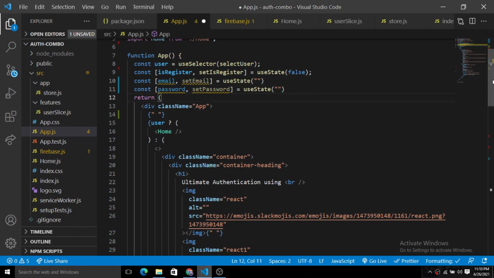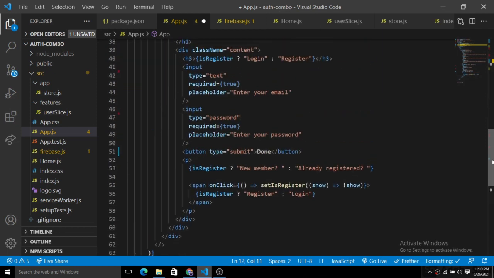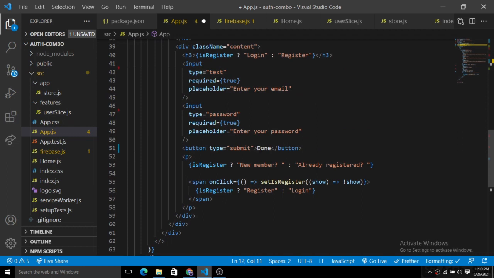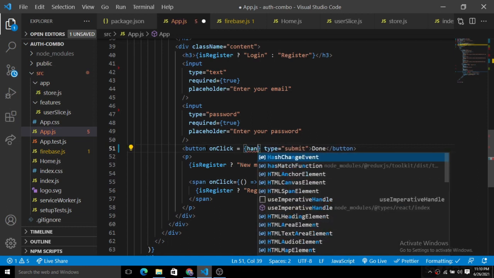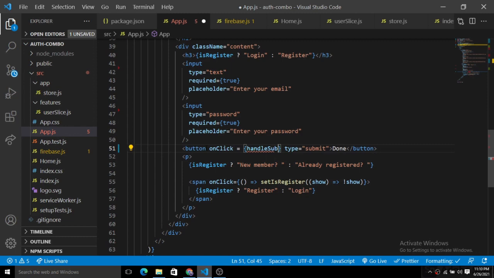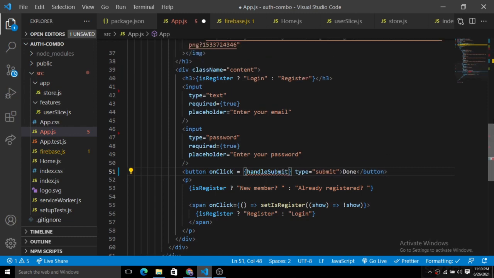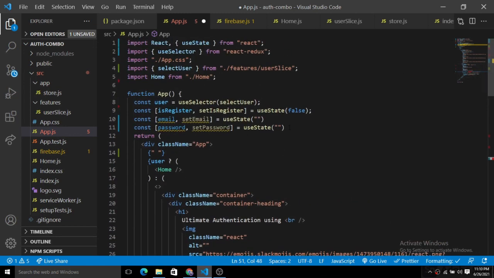Okay, so you can see here we have a done button here. Inside of this we create an onClick property, and we put handleSubmit here, right? Just create the handleSubmit function at the top.